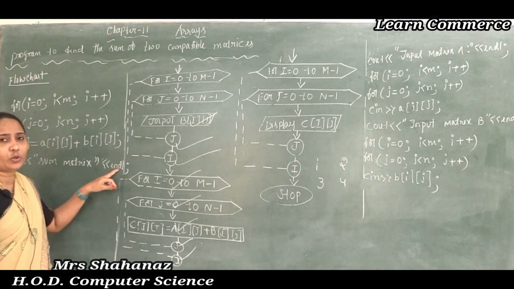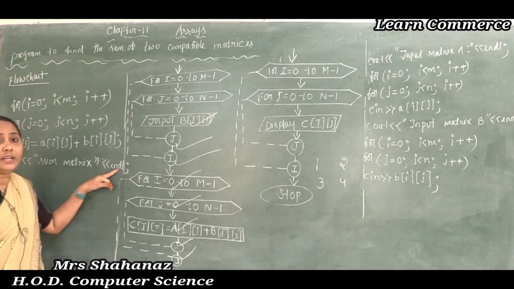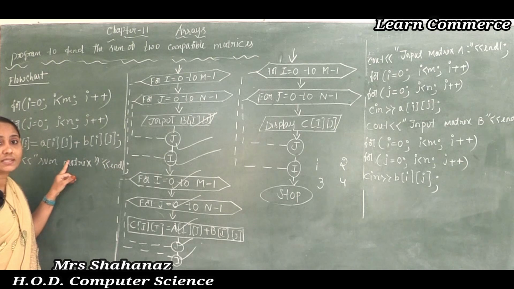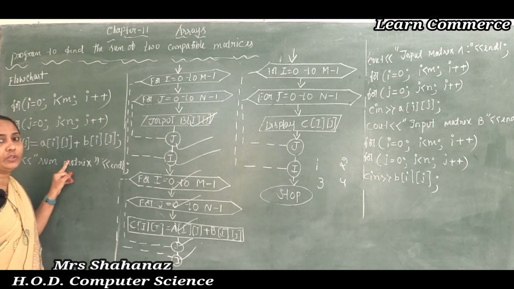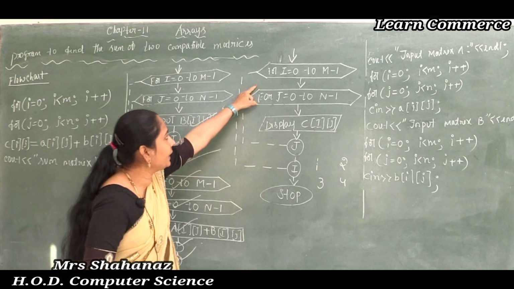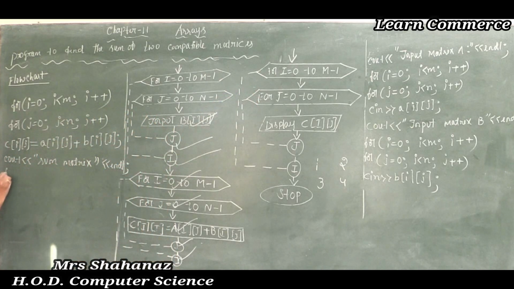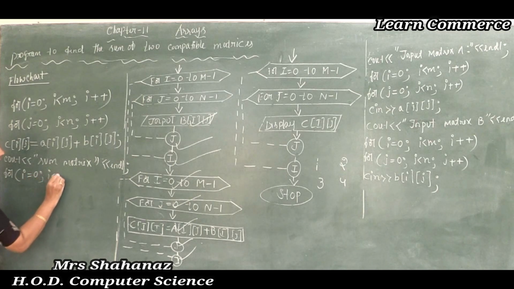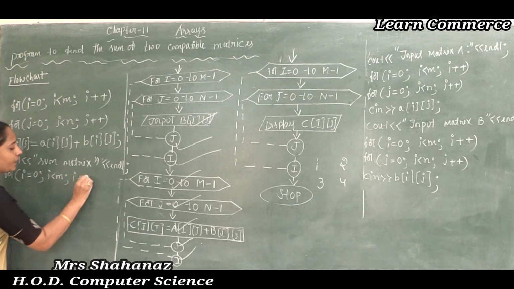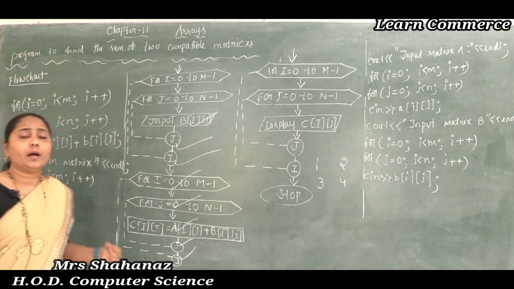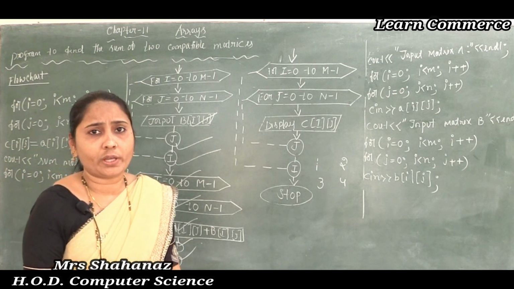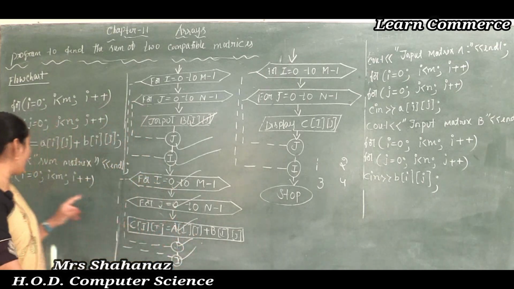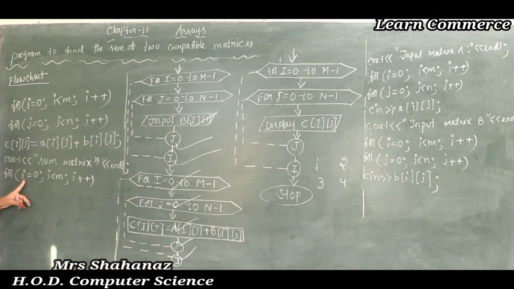Here it is just the message, because here we need to show that the A and B matrices are going to be added. So this is called the sum matrix of A and B into the matrix C here. Then the next one I am going to add: for i = 0, i < m, i plus plus. As you know, the reading and printing of the elements in our two-dimensional array. First of all this is called the outer loop, and next we need to open the flower bracket.